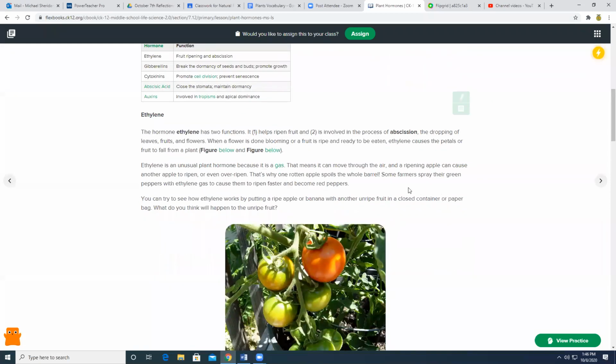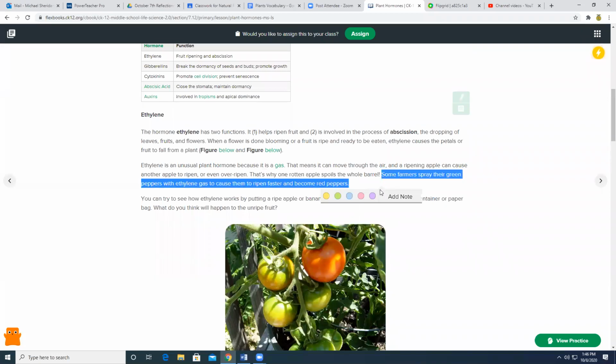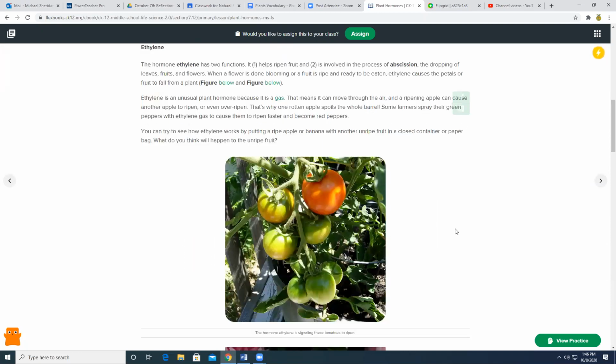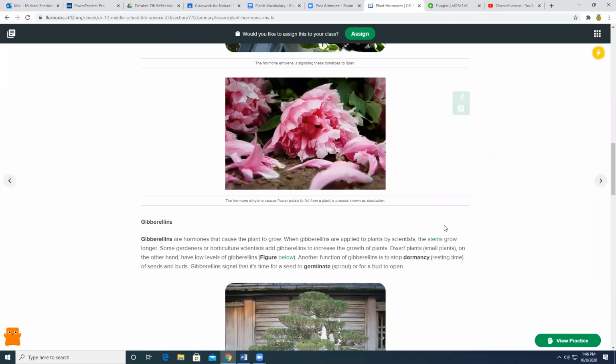It also says that farmers will actually pick their tomatoes, those big, nice, beautiful red tomatoes that you see in the store. They actually pick those when they're green, and then they'll spray them with ethylene, because you can actually buy ethylene and spray that on those. So they can pick them when they're green, so they're tougher and they won't bruise as easily. Then they can get them to the store or somewhere in transit, and they'll spray them then when they're more secure and they won't get jostled around so much. Super cool stuff.